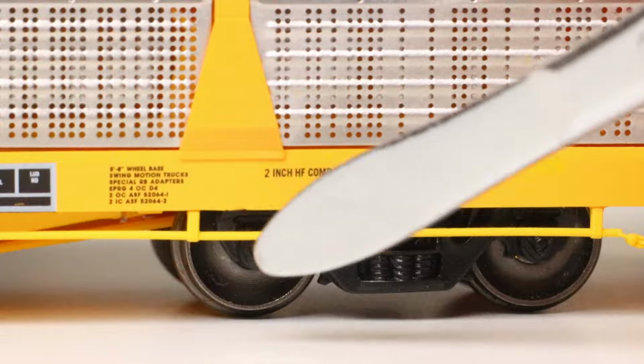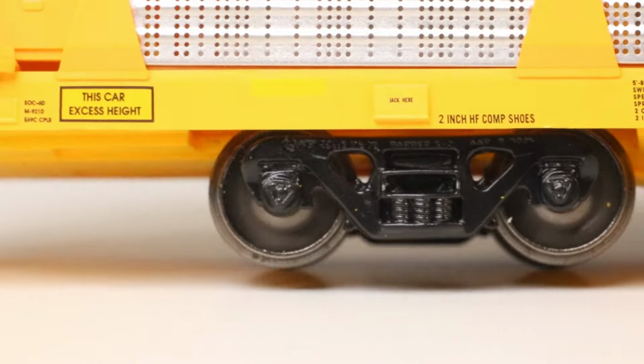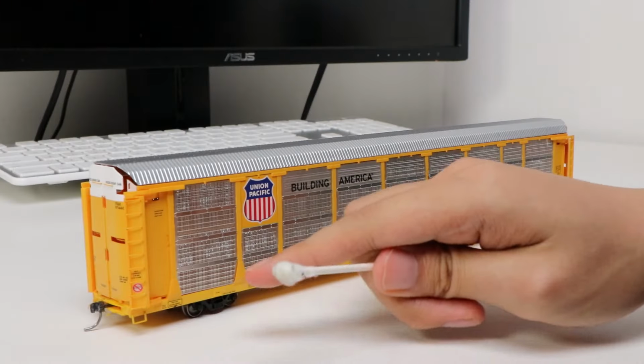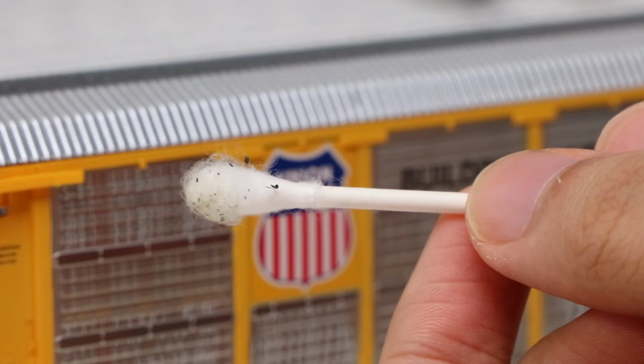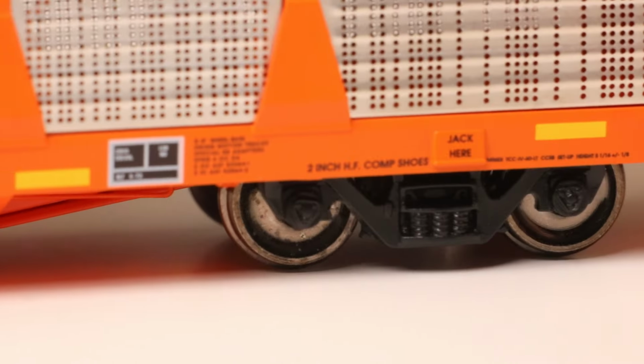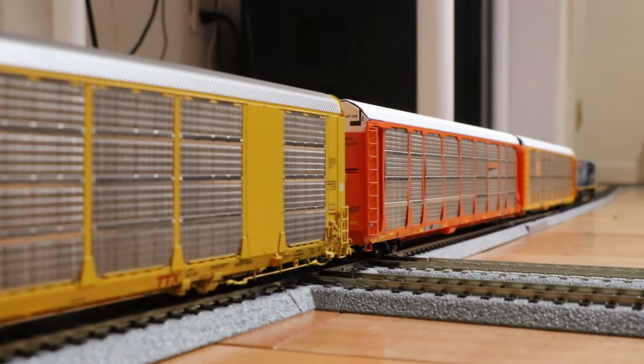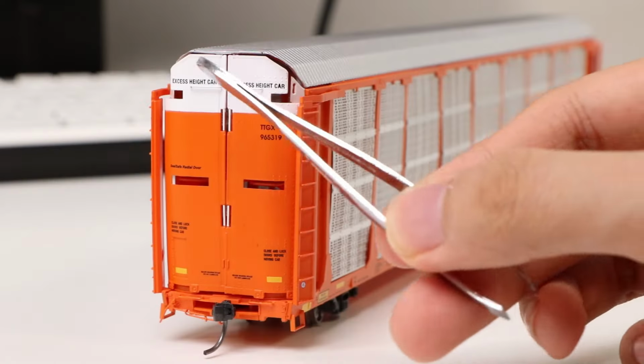Also, I noticed this car had pretty dirty wheels, which I don't blame on Intermountain because it's actually quite rare to see in a brand new model, so I wondered if someone returned this item or it was in storage for a long time with that hole in the box. The BNSF one also had this one dirty wheel, but it turned out to be more of a staining in the metal. But overall, I would still recommend this car because they did a pretty good job getting all the